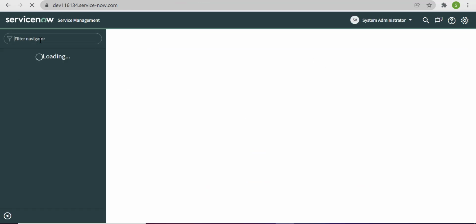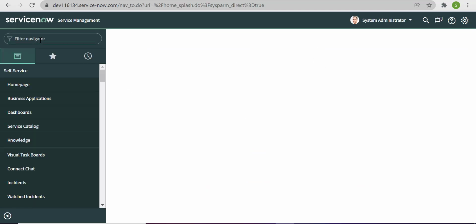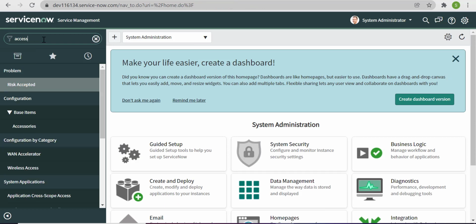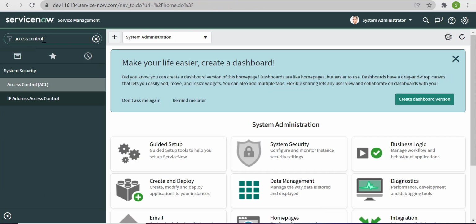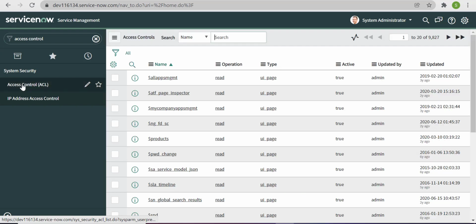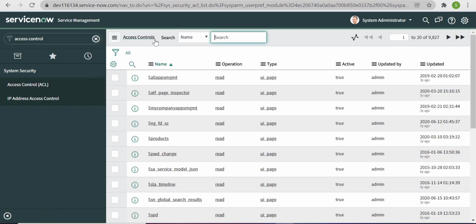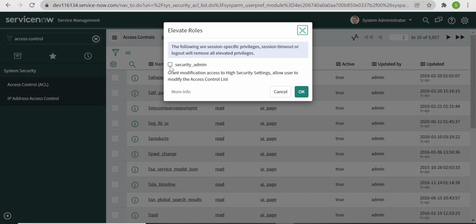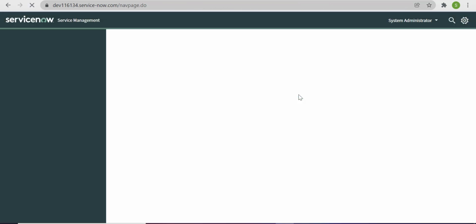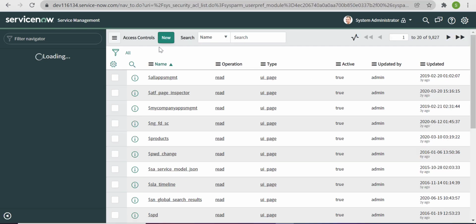Let me first open the access control list. For writing any access control, any ACL, you have to click on elevate roles and check security admin, and now you will see a new button here.